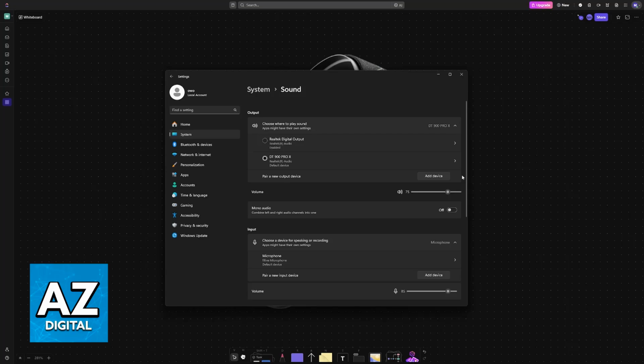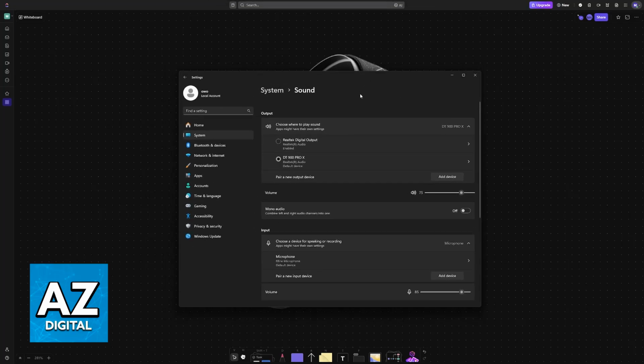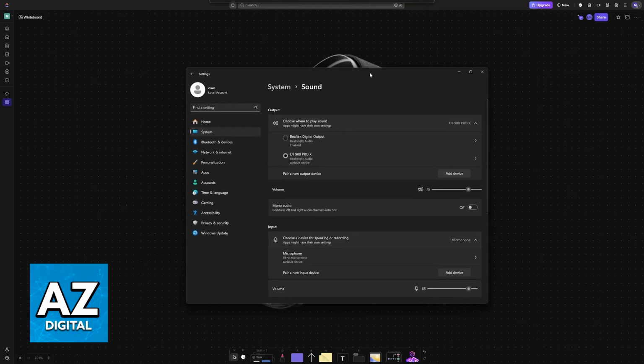So if you are using a USB headset, try another header, either on your motherboard inside of your case or vice versa, and depending on the headset that you are using, it could be that your motherboard simply is not capable of driving it with too much power. A lot of audiophile grade headsets or headphones need a lot of power to be used, and if you don't have an amp or a DAC, I apologize, I don't know the exact terminology, it might be possible that they won't work.